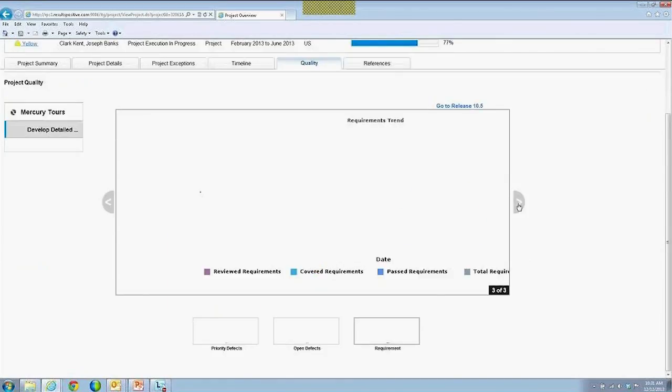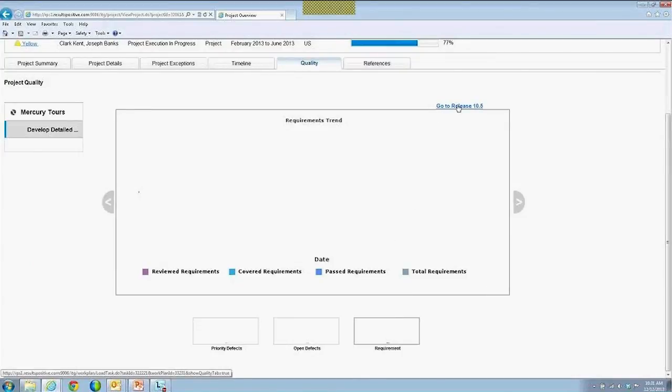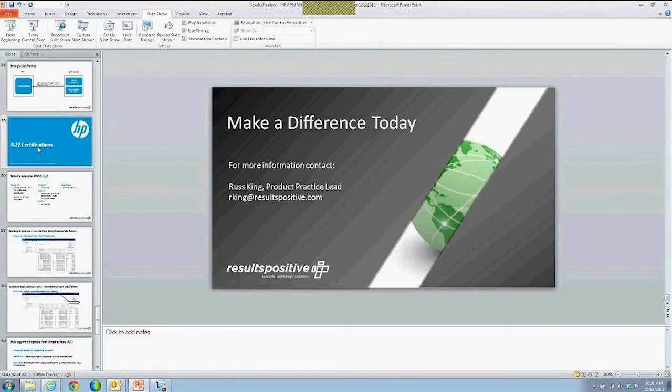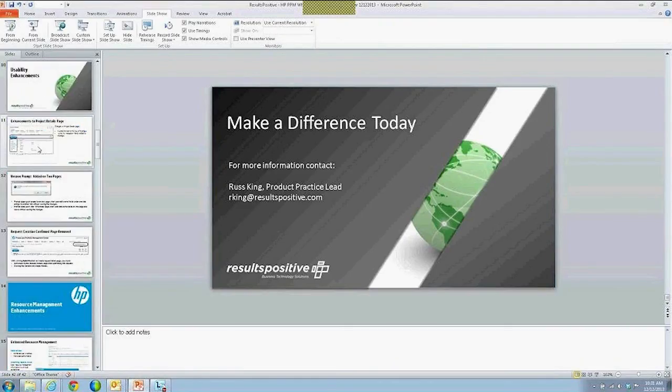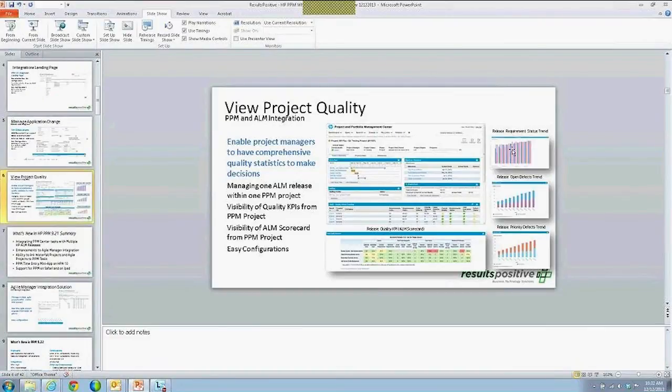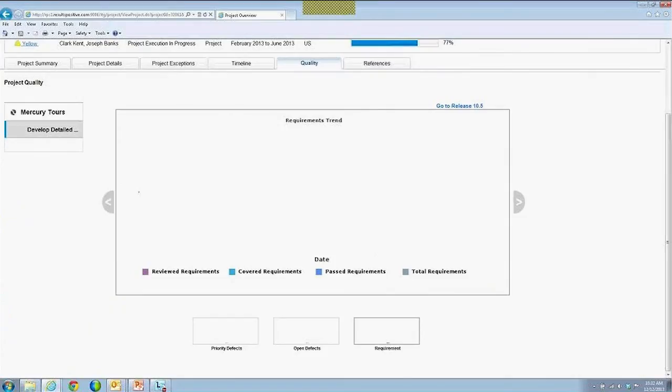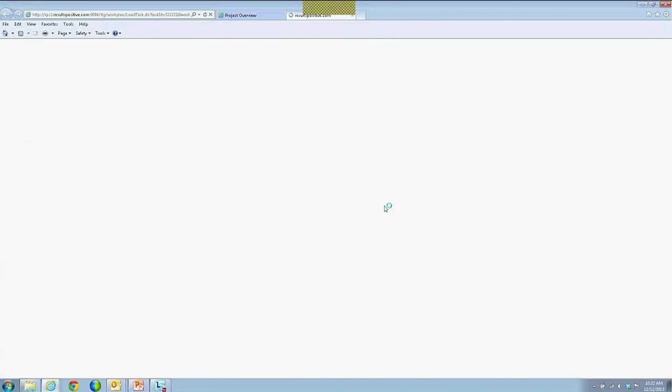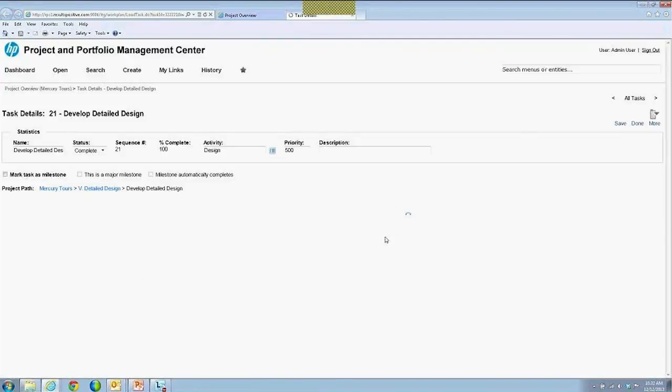I just don't have good demo data set up right now to show these charts, but you can directly link to ALM, and ultimately these would show, if I go back to the picture here, these would be these charts here where you see your release requirements status, your release open defects, and your release priority defects trends, as well as the ALM scorecard within the scope of PPM and that quality tab. And you can actually click and go directly to ALM